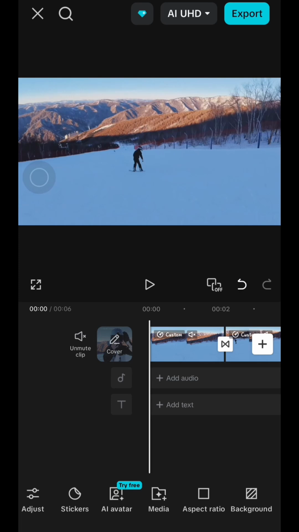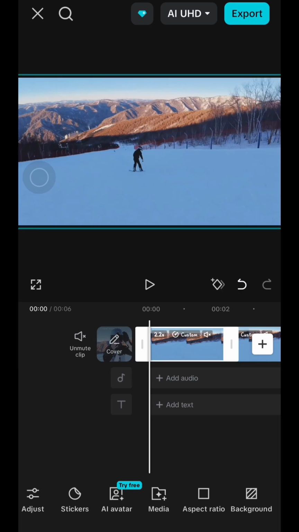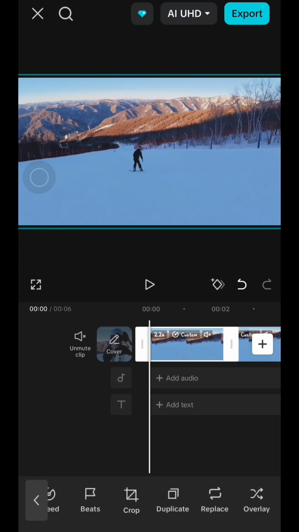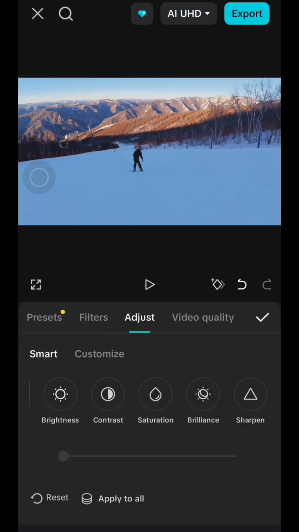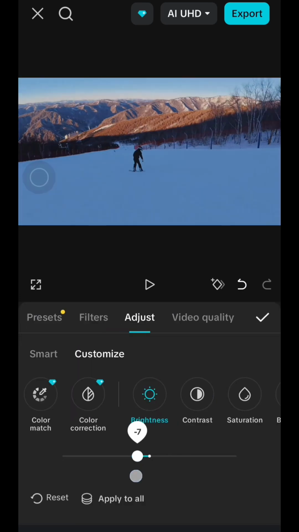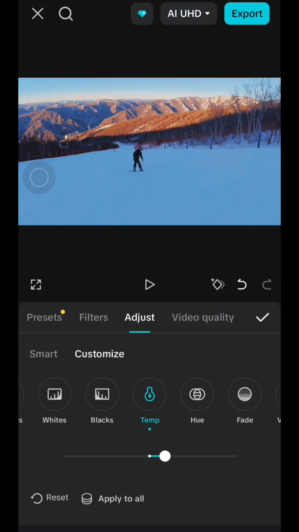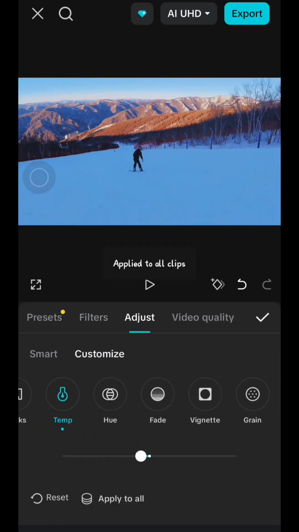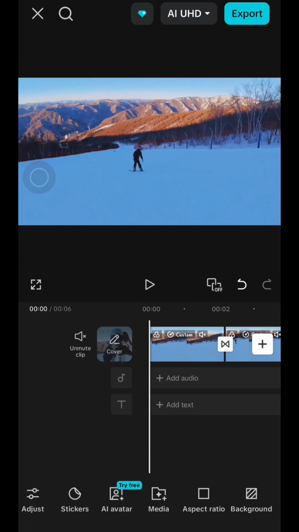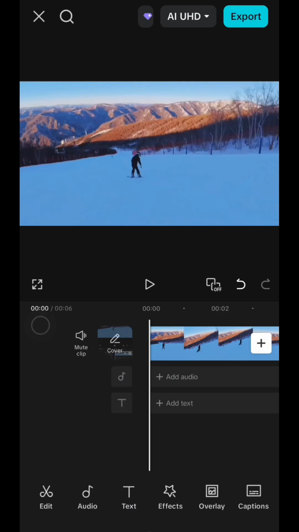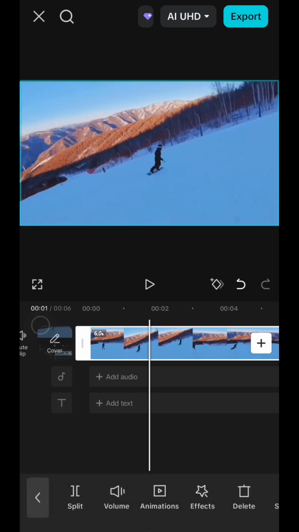Like this, for example, maybe I want to adjust. Go to adjust. Like this. And then once you're done, just export the clip. And then next just go back to the projects and import the exported video back into the